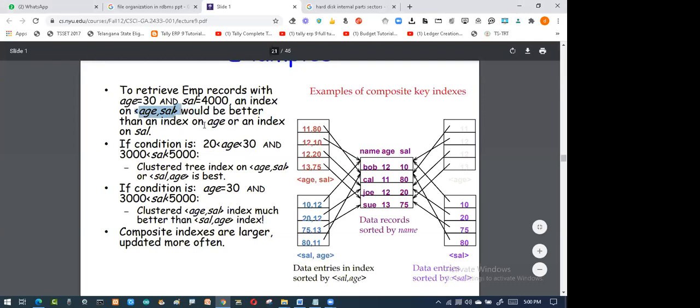I'll make an index on age or an index on salary. The condition is age from 20 to 30, and salary between 3,000 and 5,000. It can be this condition.